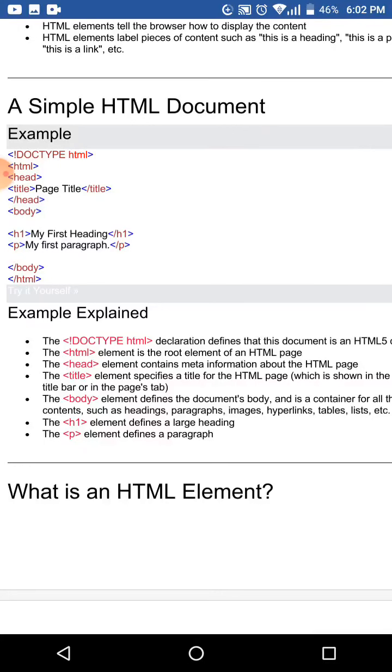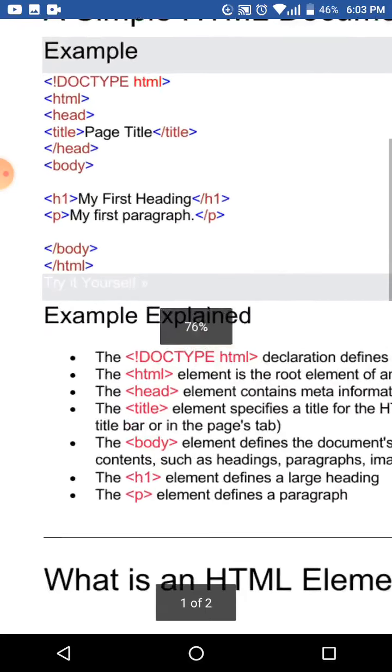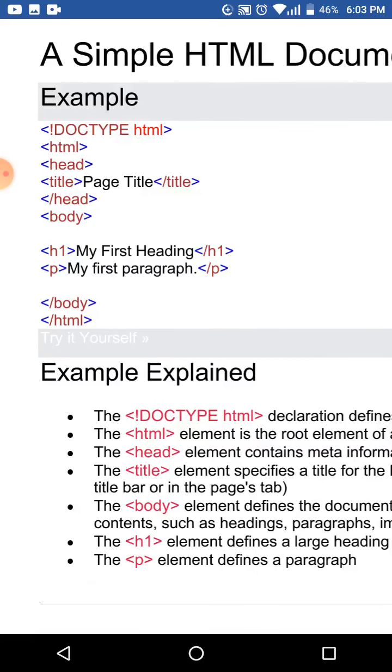Next, see what is html? The html element specifies that this is HTML designing. In that we have defined the head element. In that head element again we have the title element. The title element specifies the title. Suppose I want to keep the page title as the name of our web page.